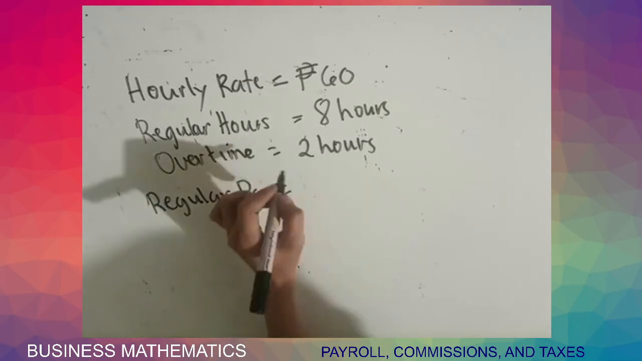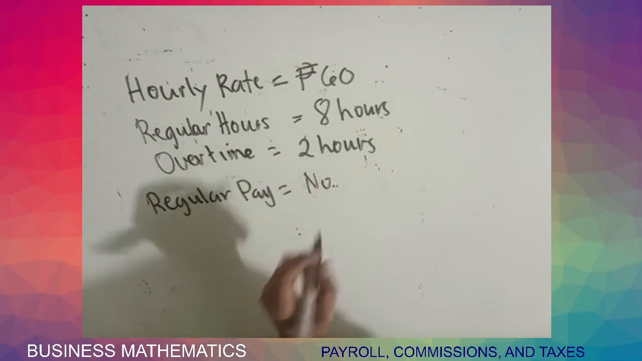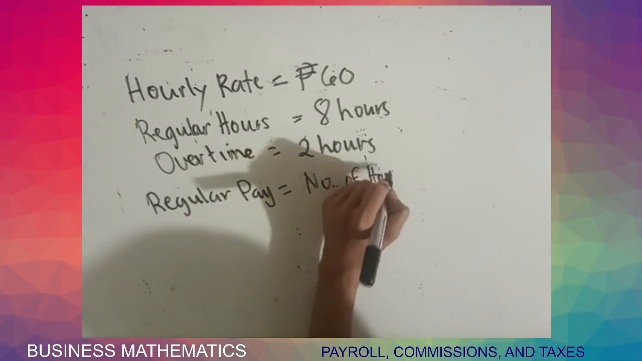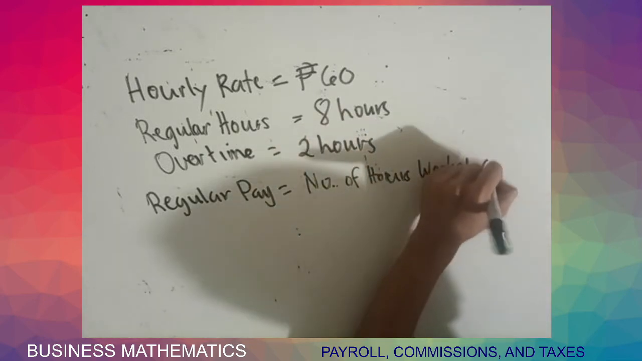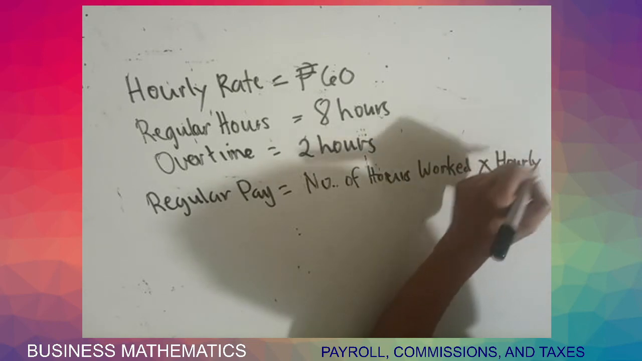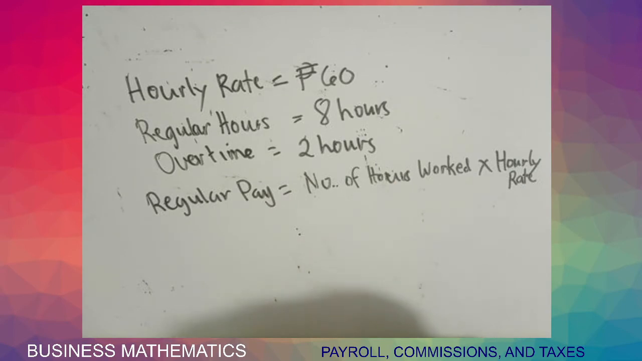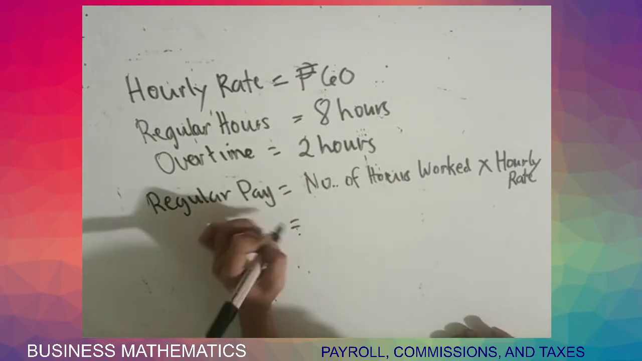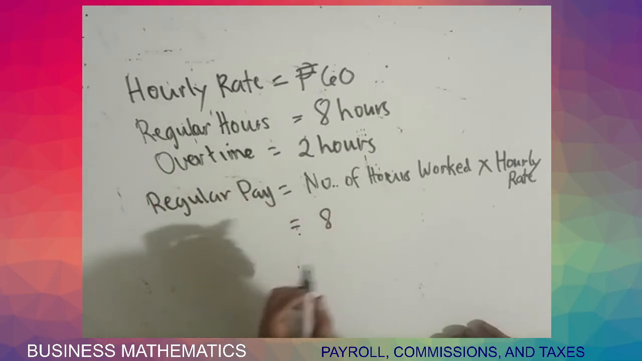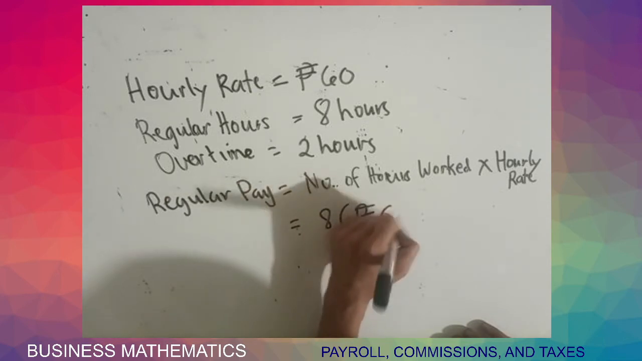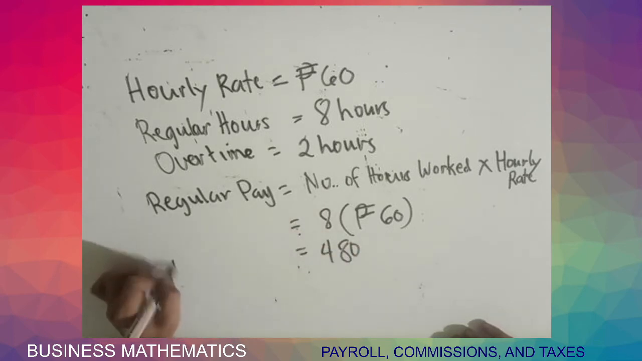So, regular pay is equals to number of hours worked times hourly rate. Okay? NO na lang at saka dot na lang, paikli na lang natin. Kasi natrabaho niya na. Equals, yung ating regular hours, which is 8 hours, times yung kanyang hourly rate, which is 60 pesos. So, 8 times 60 will be 480 pesos. So, ito yung ating regular